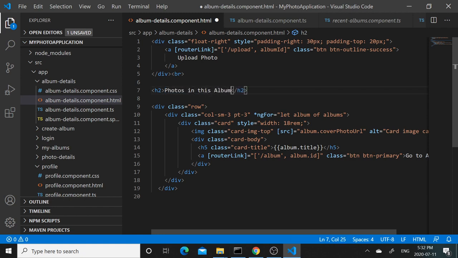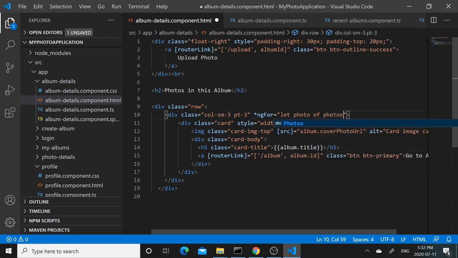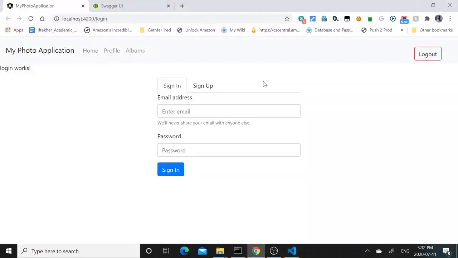Photos in this album, and this is going to loop through all the photos. And the image will be